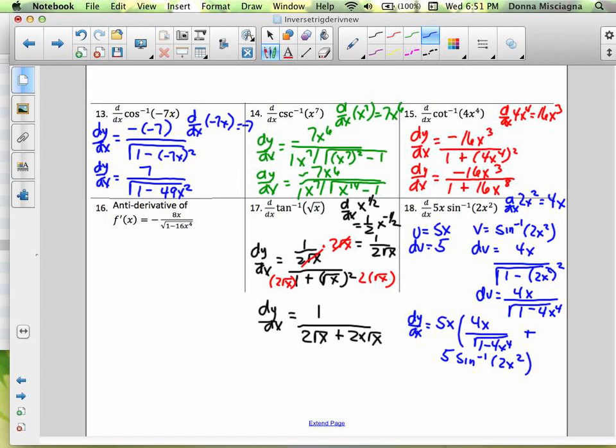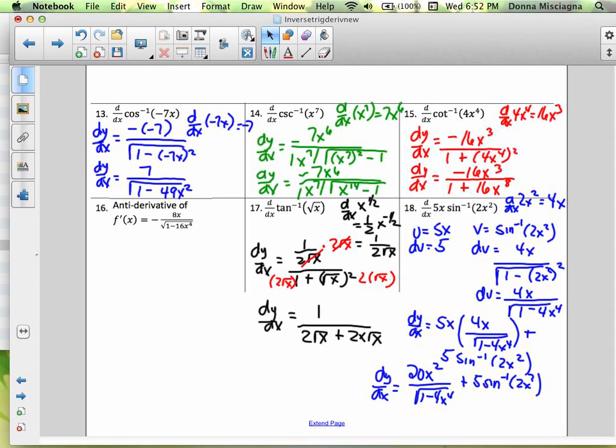And we should really simplify that. All right, I'm going to encroach a little on the other one's space, so I can just go right across. Dy dx equals, the one thing we could do is multiply that 5x times the 4x. So that would be 20x squared over the square root of 1 minus 4x to the 4th plus 5 arc sine of 2x squared. There we go. There's our derivative. Right? And now let's go back to the last one here, finding the antiderivative of